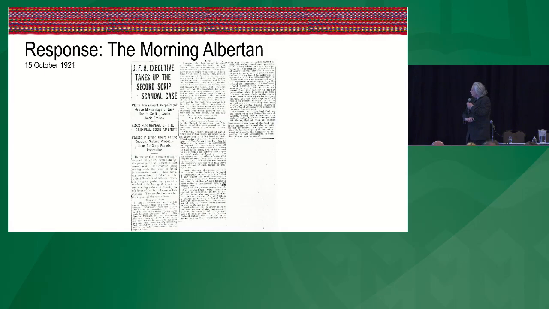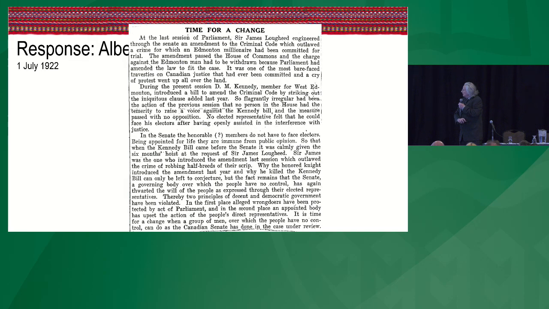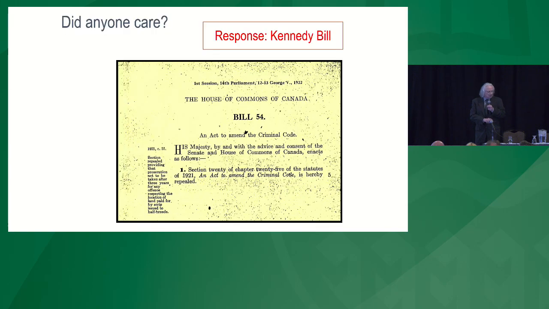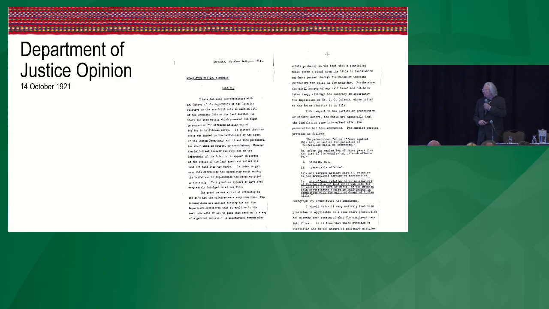The post-Criminal Code campaign, there's a great outrage. The United Farmers of Alberta and Labour were outraged because of the unelected Senate, right? At this time, the populist movements opposed the undemocratic character of the Senate, and they saw this as an outcome of that situation. But there was an election in 1921, and of all the Alberta seats, the Unionist Conservatives lost every seat. They were won by people on the center left, and one of them was a man by the name of Kennedy from Edmonton. He gets in, and he introduces a private member's bill many times to undo what Lougheed had done.